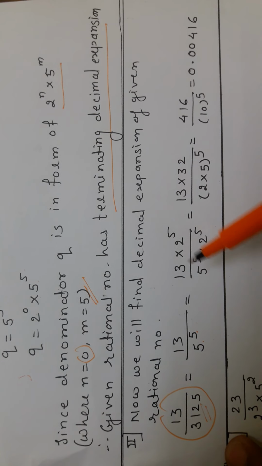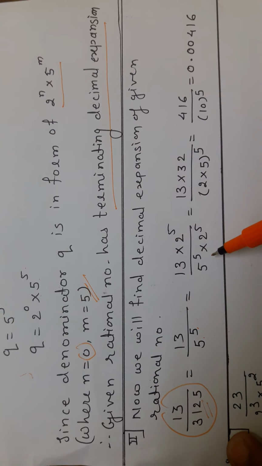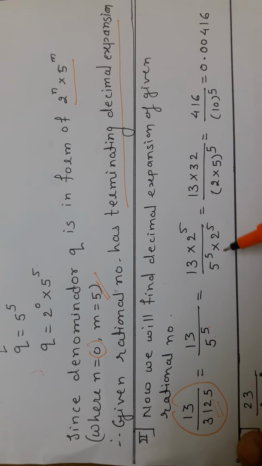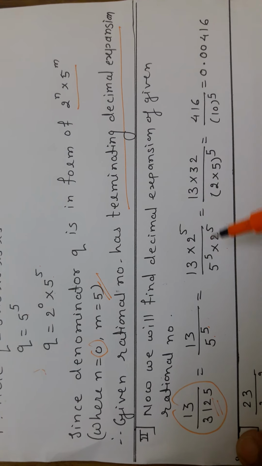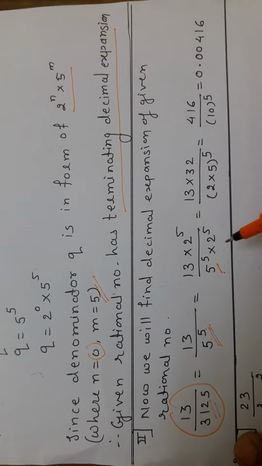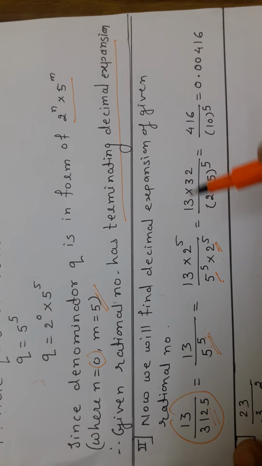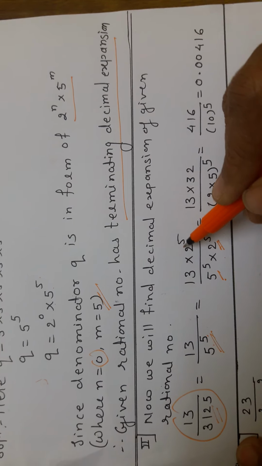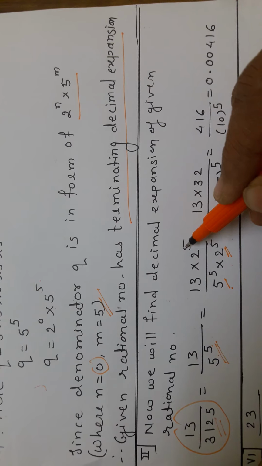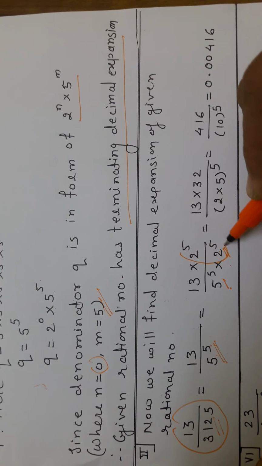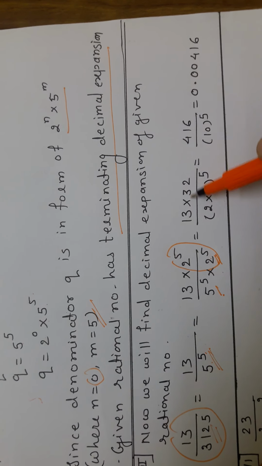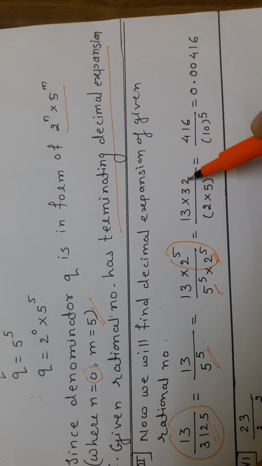When we have to convert into a decimal expansion, we want the denominator in the form of 10, 100, 1000, 10,000, that is 10 raised to the power n. So here we have only 5 raised to the power 5. We don't have 2 raised to the power 5 or any term of 2 raised to the power n. So what we will do here, we will multiply numerator and denominator by the same number, that is 2 raised to the power 5. So we will get here 13 into 32, since 2 raised to the power 5 means 32,